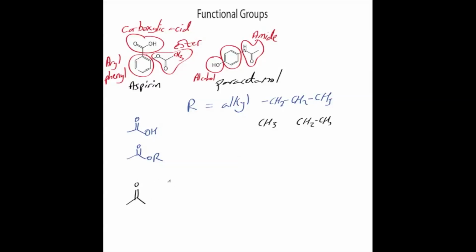ketones. So a ketone would have two R groups on the side. Aldehydes. So that's a ketone, aldehyde. Now an aldehyde is very similar to a ketone, apart from one of the R groups is a hydrogen. Now that's very important, because when you're building molecules up, you can oxidize this and react it in a different way to how you would play around with ketones, for example. So that's ketone and aldehyde, two very similar structures,